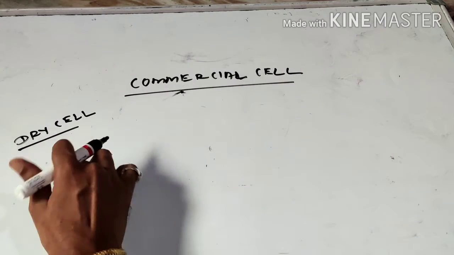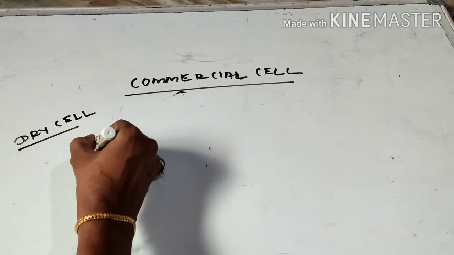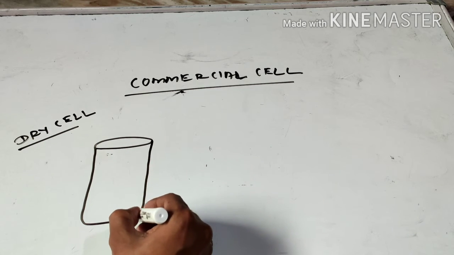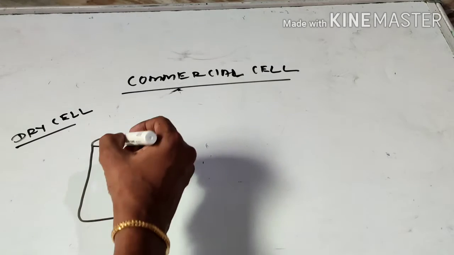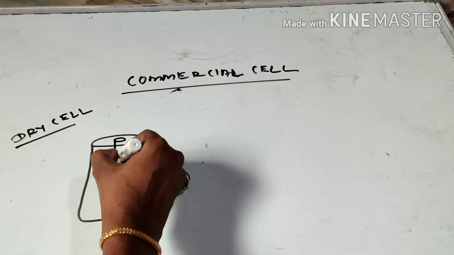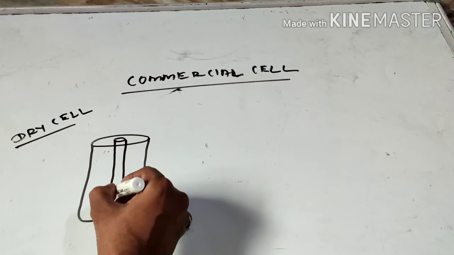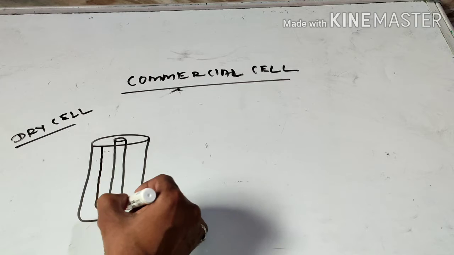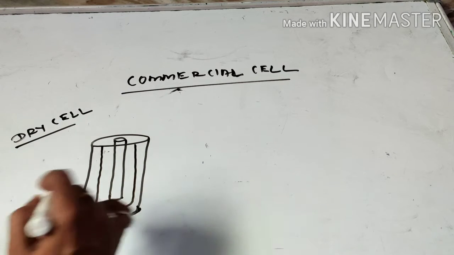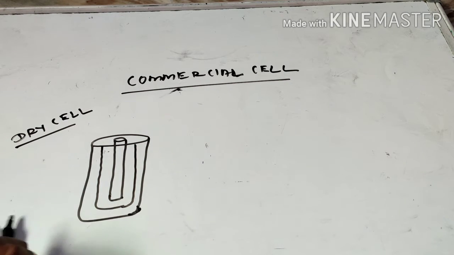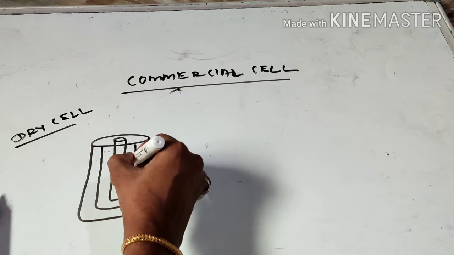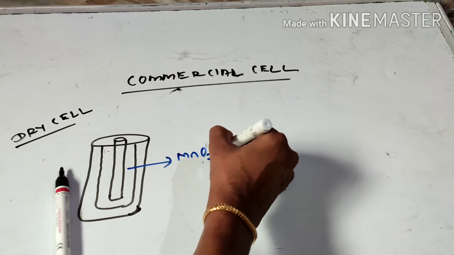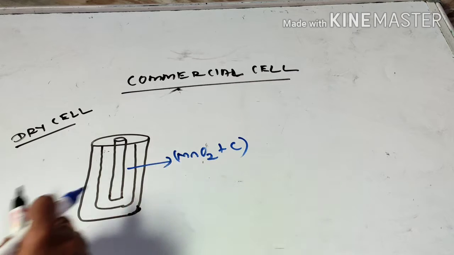Here this is a zinc cylinder, and at the middle of it we are putting a carbon rod, and it is surrounded by a paste of manganese dioxide plus carbon,